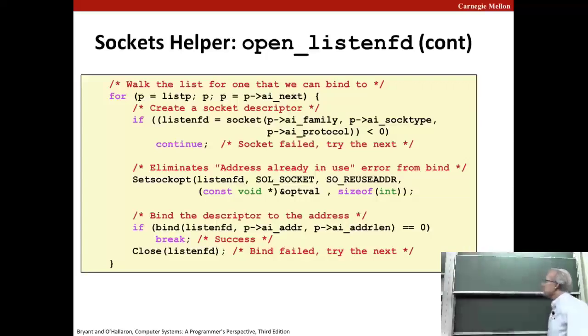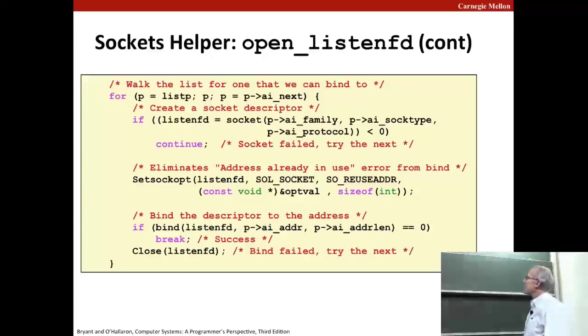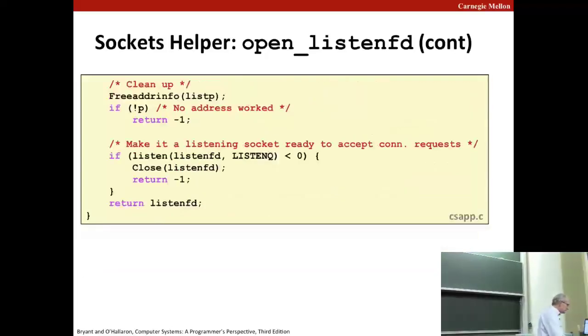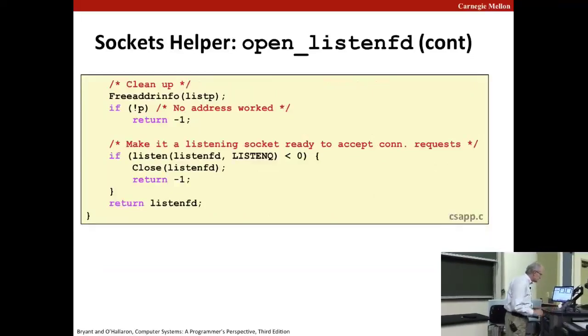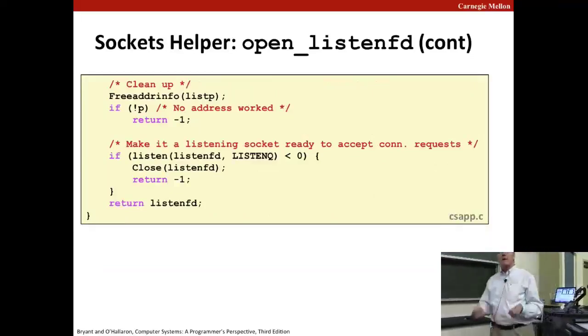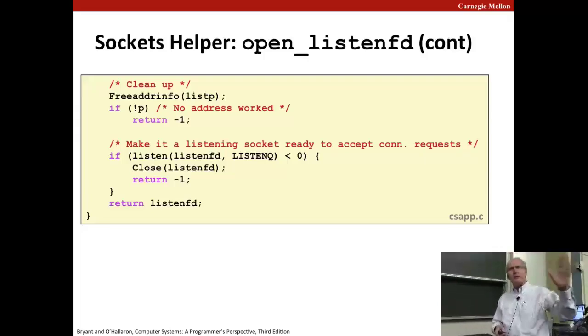So we're not quite done yet, but if this succeeds, then what we've done is we've bound a port number and a file descriptor together, in a socket. But that's again just within the machine saying, okay, I agree, this particular process gets to be listening on a particular port. But it's not actually listening yet. And I don't know why they split this into two, but they do. And now I actually have to explicitly make a call to listen saying, okay, now I really am ready to